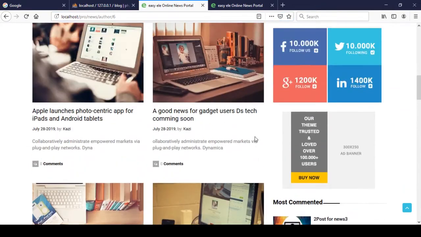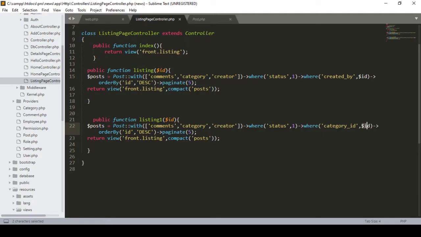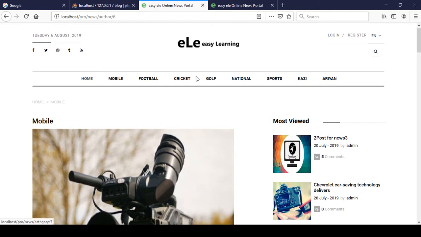Before, I had made things combined into one method. So right now I just separated it into two methods. One is for our listing one, and this one is for the listing. Okay, so that is it for the listing method. So here I am defining two of these methods. I hope it's very clear to you what exactly you have to do to separate your category